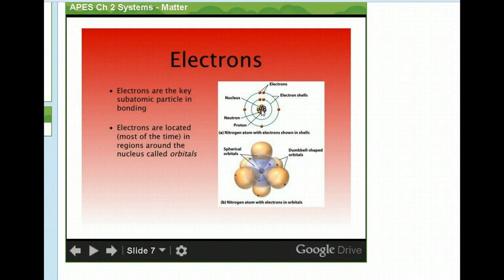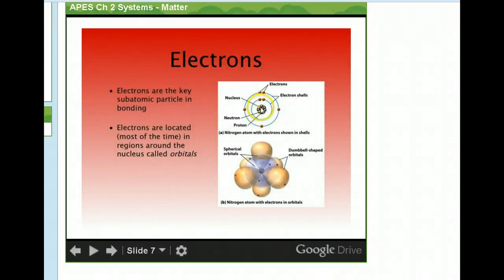And my friend Rutherford figured that out. I love that whole thing, and we'll talk about Rutherford all year long because he's my favorite scientist. So we have protons and neutrons in the center. These make the mass of the atom. I was talking about carbon-14. It has 6 protons, and it would have 8 neutrons to make 14.